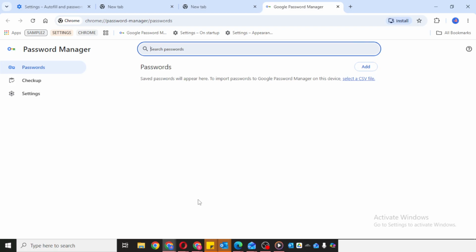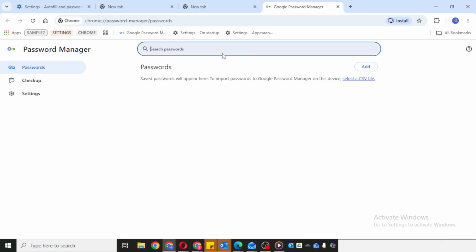Depending on your browser and device security settings, you may be asked to verify your identity first, for example by entering your computer password, PIN, or using fingerprint access. This is a normal security step designed to protect your stored passwords. Once the entry opens, you should be able to reveal the saved password and view it. If your Outlook account appears there, this is where the password can be seen.